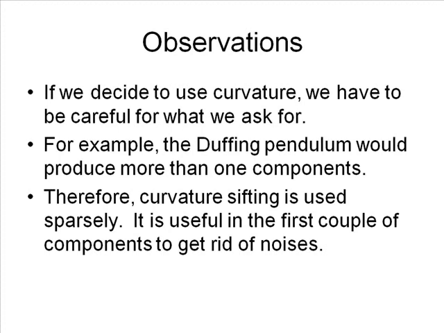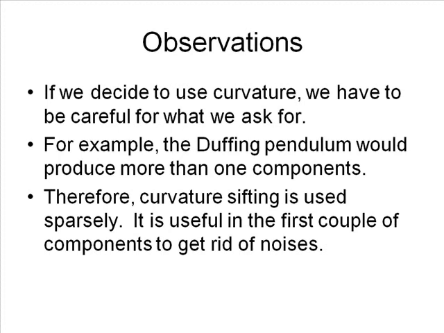When we produce one component, it's very easy for us to interpret it. So that's easy because there are two scales. The frequency switches back and forth. But when you use curvature shifting, you will have more than one component. You get two components. That means in that pendula, there are two scales. It still can be explained, but the explanation is less direct, less fitting to our physical perspective.